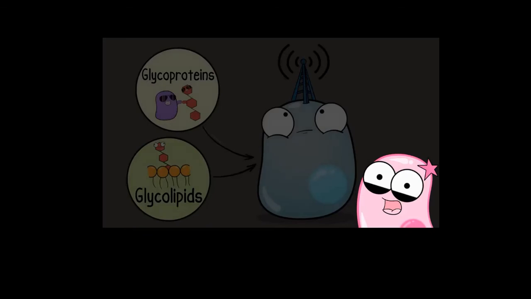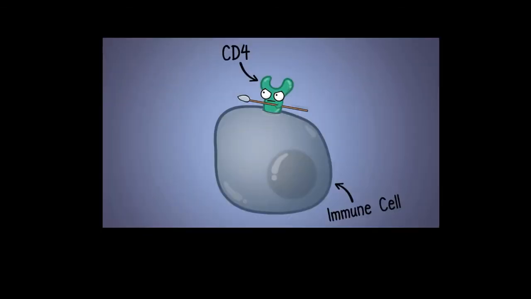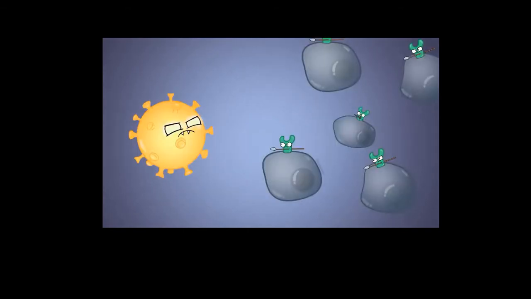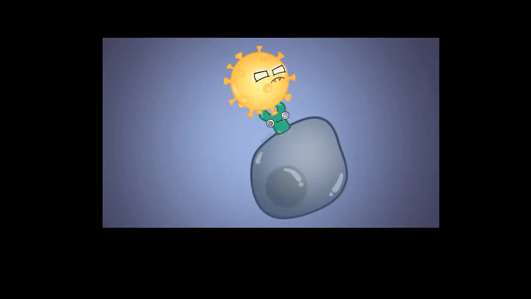In fact, here's some relevance. A glycoprotein known as CD4 is found on the surface of some of your immune cells. The CD4 glycoprotein is essential for some of these immune system cells to interact with each other and activate. However, it's also exploited by the HIV virus. The HIV virus uses that CD4 glycoprotein as a way to bind to helper T cells, which it then can